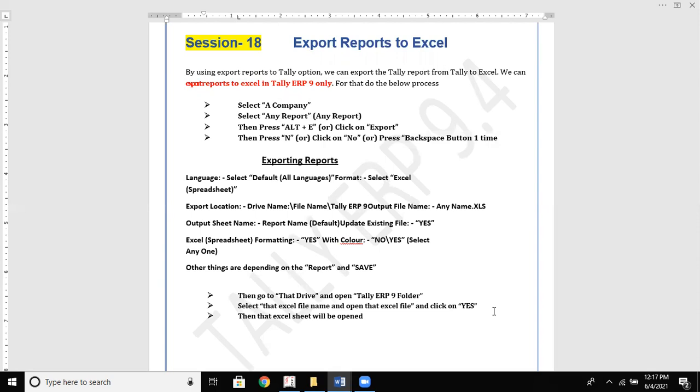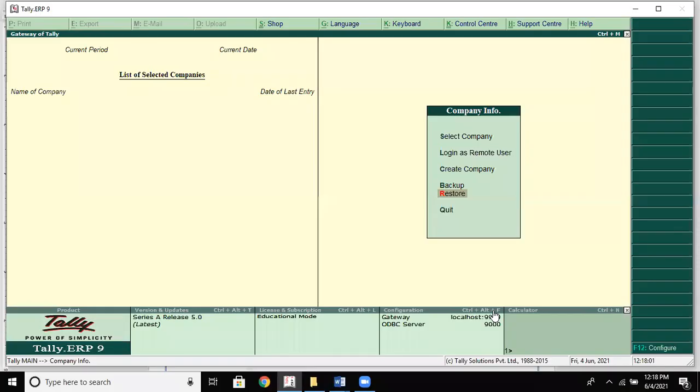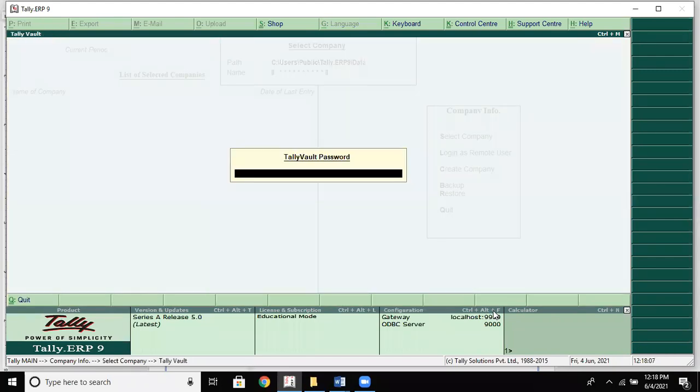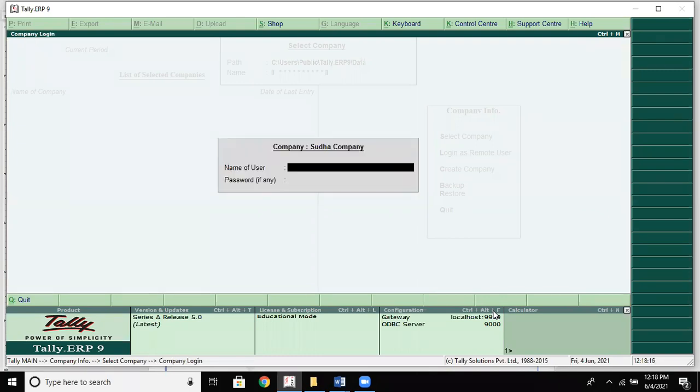So let's see here. Select a company. For example, let's select this company, give the password because we have set the password, XYZ tally 123 star, enter. Username XYZ and the password is XYZ tally 123 star, enter.